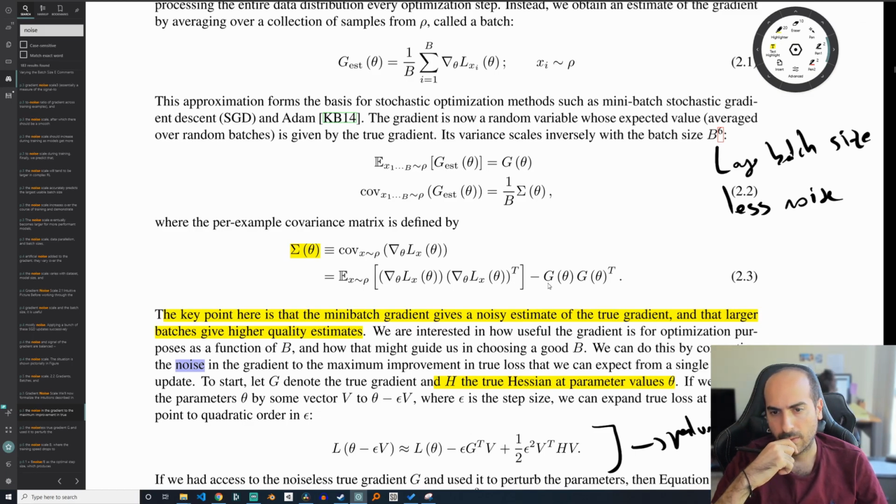I see. But how come this is independent of the model size? Oh, because